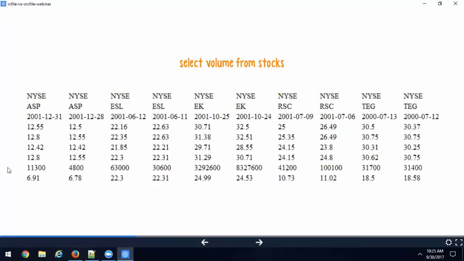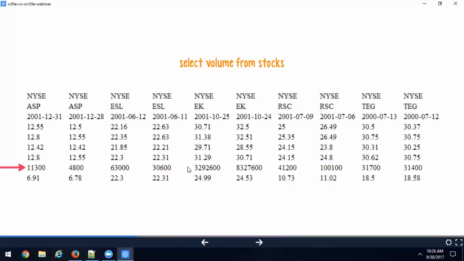So what is the nice thing about this? Okay, when I say select volume from stocks, all my volume data are stored sequentially, right? So my disk has to go through where the volume information starts. And then all it has to do is just read through, and done, right? It doesn't have to skip any unwanted columns. Every single value it is reading sequentially is absolutely needed. So it's going to read through that, right? And it is done. It's going to be extremely fast.